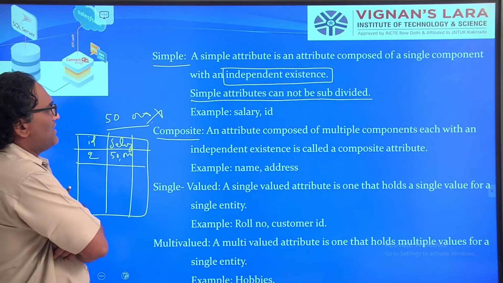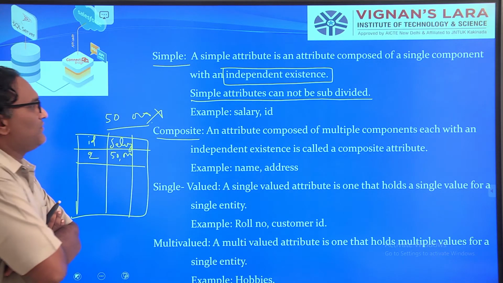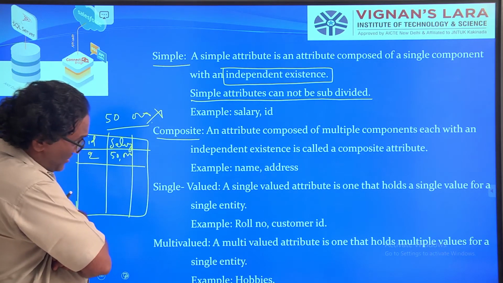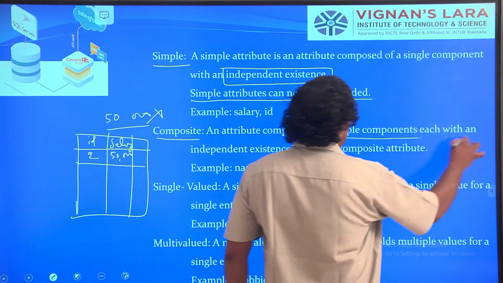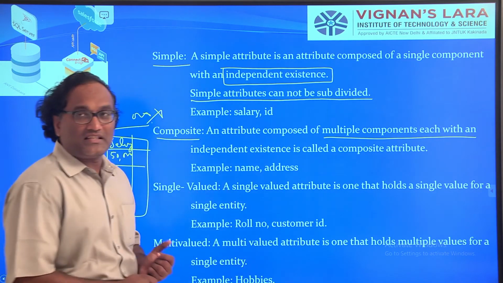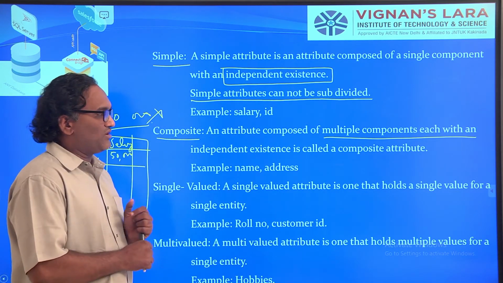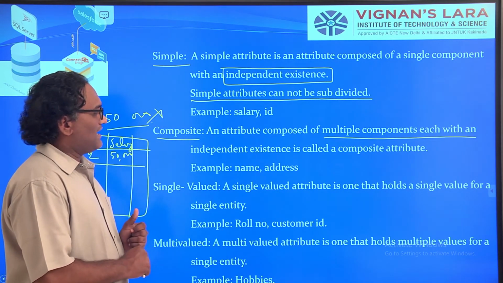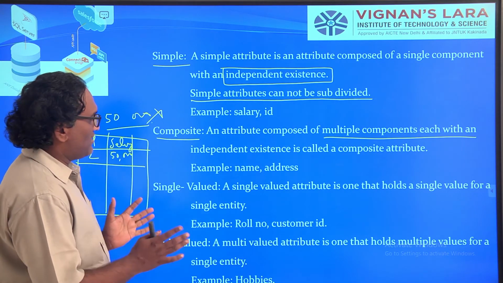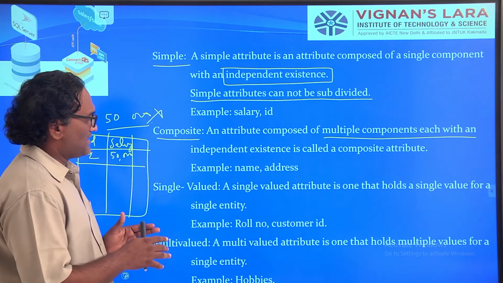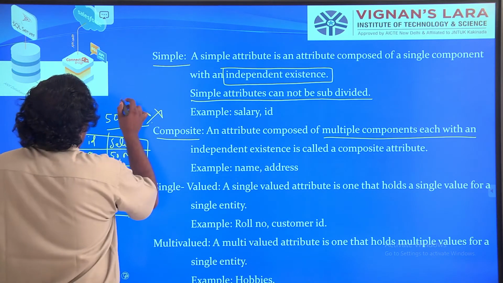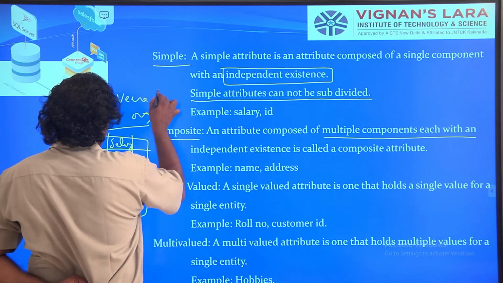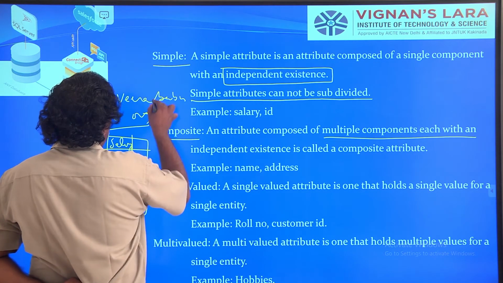Composite attribute: an attribute composed of multiple components, each with an independent existence, is called a composite attribute. Example, you can see name, address. In name you can give space, suppose Veera Babu, you can give space here.